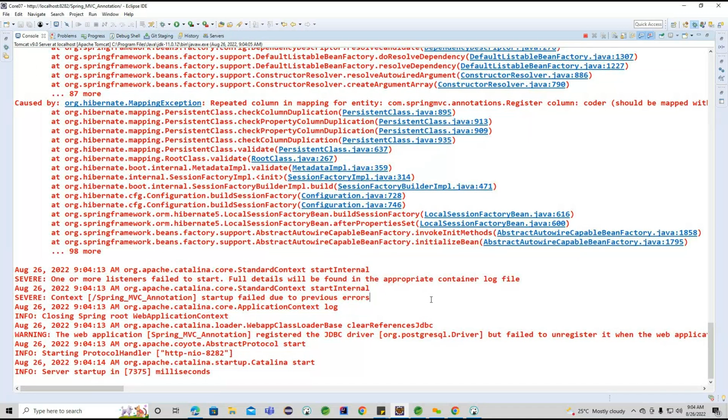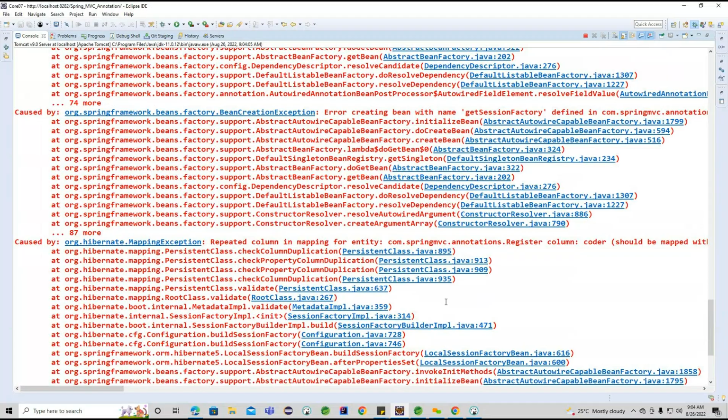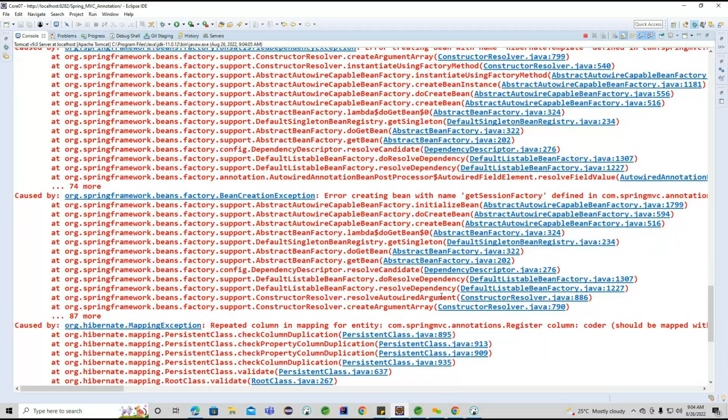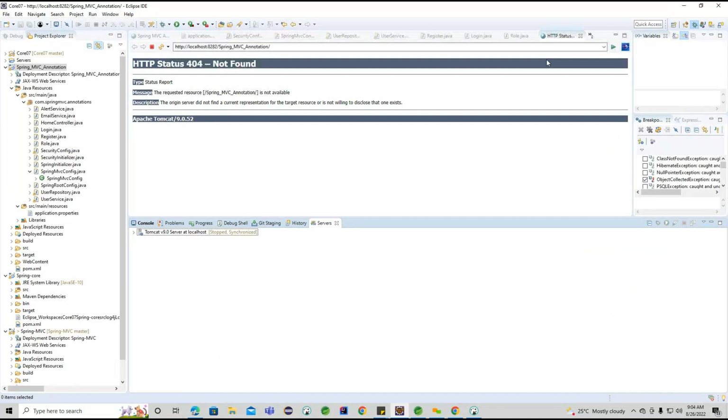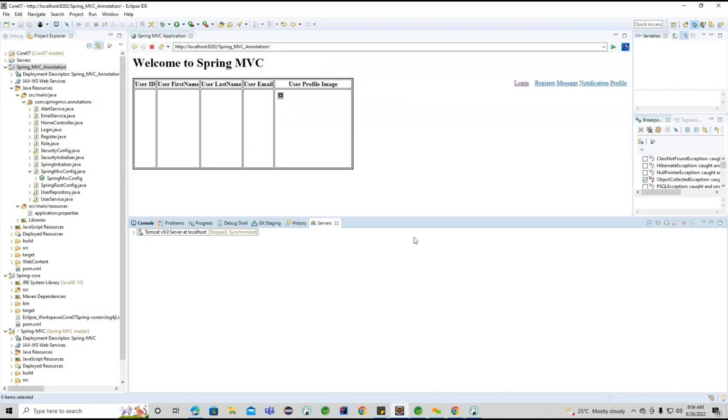Repeated column. Okay, so I will fix this, so maybe it's going to take some more time. Why is this column getting repeated here? Maybe it is because of the mapping information we are doing, so it is not doing the proper mapping here. Okay, so I will fix this issue and I will let you know